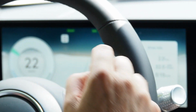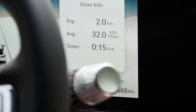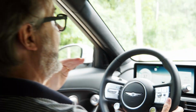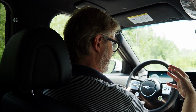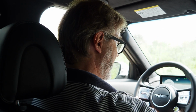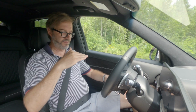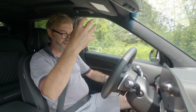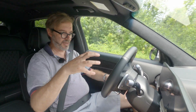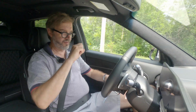Yeah, we're showing 32 kilowatt hours per 100 kilometers because we're pushing it. But of course, as we keep driving, we're gonna be driving using side roads. As with every one of our hypermining exercises, we're gonna drive from Midland via Collingwood all the way to Milton using side roads below 100 kilometers per hour in order to limit the consumption of the car and stretch the miles. So we're gonna report to you on the consumption and on the EV range once we arrive at the